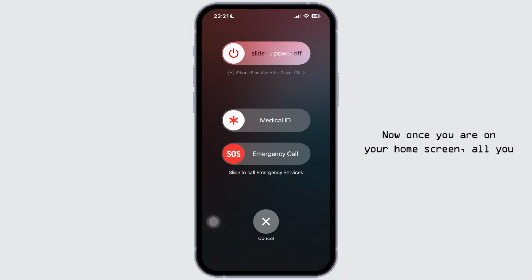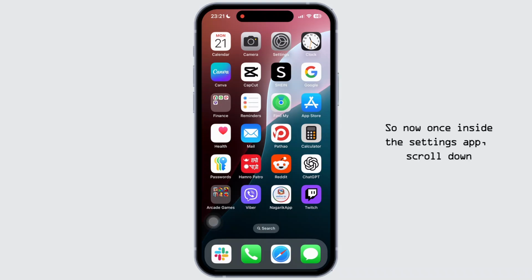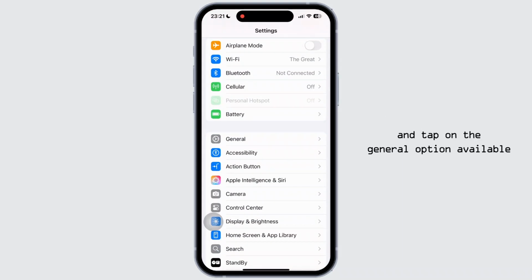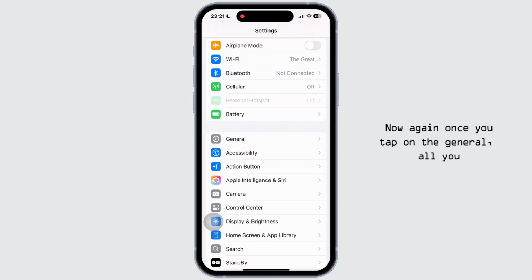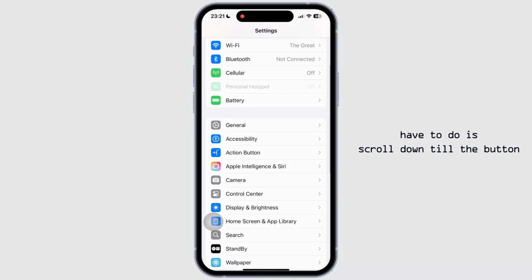Now, once you are on your home screen, all you have to do is tap on the Settings app option available in there. So now, once inside the Settings app, scroll down and tap on the General option available in there. Now again, once you tap on General, all you have to do is scroll down till the bottom